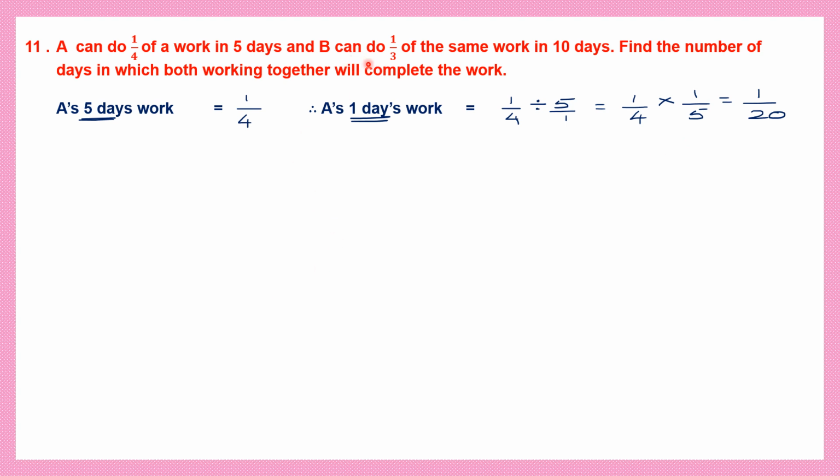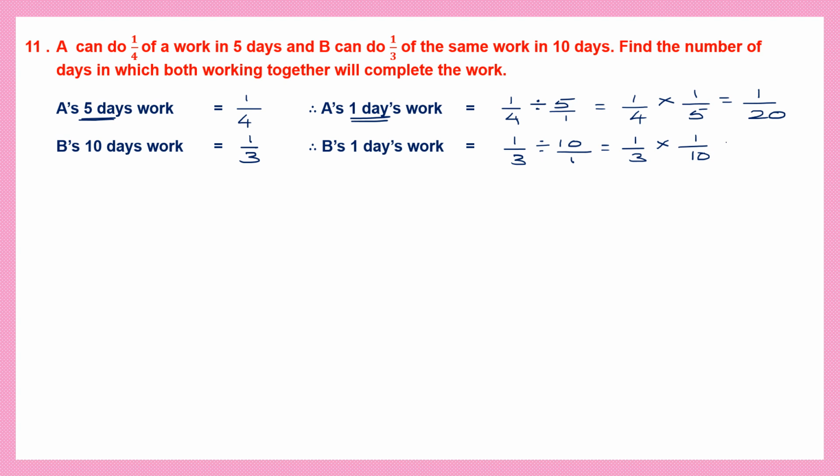Similarly, B can do 1/3 of the same work in 10 days. So B's 10 days work is 1/3. So 1 day's work will be 1/3 divided by 10. Division changes to multiplication and we write the reciprocal, 1 by 10. So this is 1 by 30. Now we have found A's 1 day's work is 1 by 20